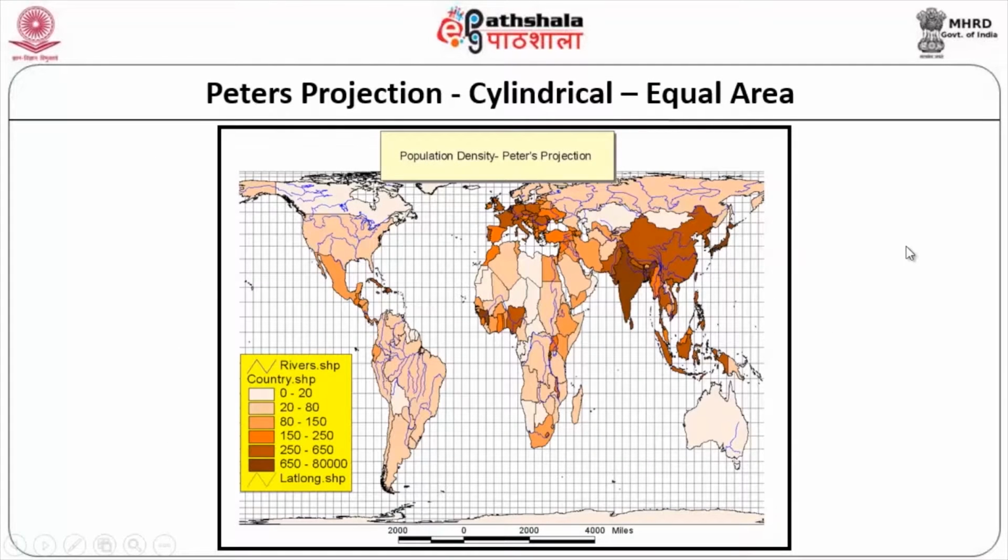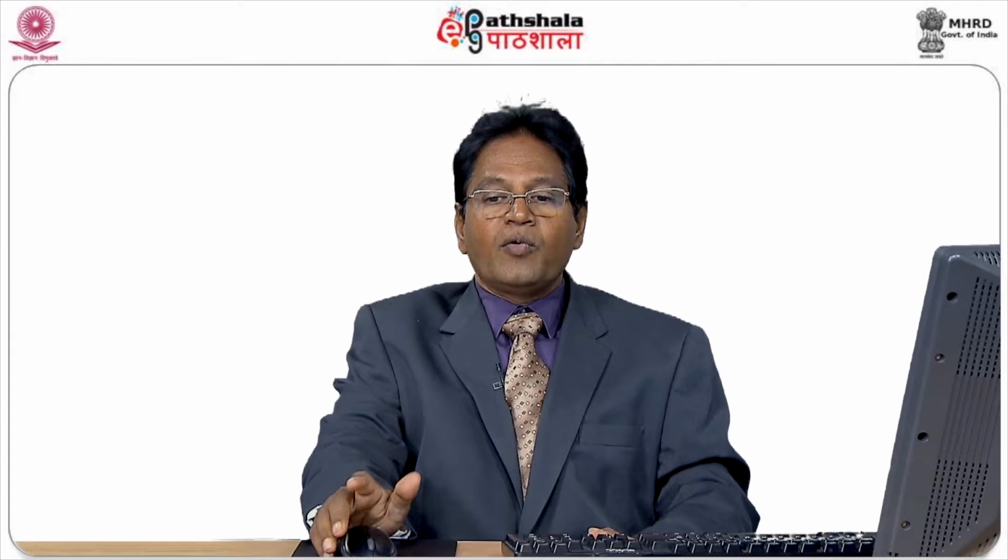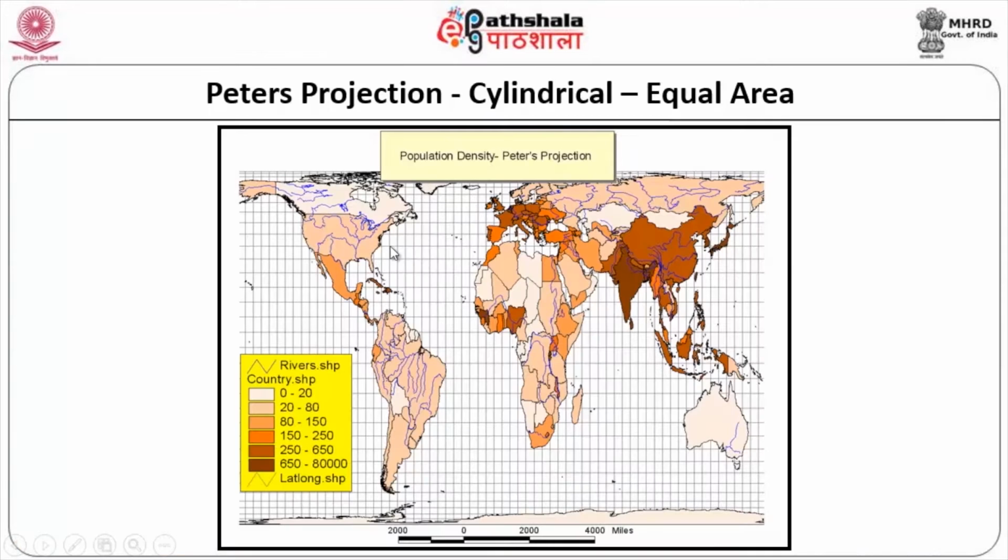This is one of the popular ones, the Peters projection, cylindrical equal area. When we are trying to show the different types of projections, where we do not bother about area, distance or shape, we are more interested in representing the data, something like a projection based on population density, what kind of population, to what extent you are going to use this. So, depending upon your type of application, you can decide what projection.